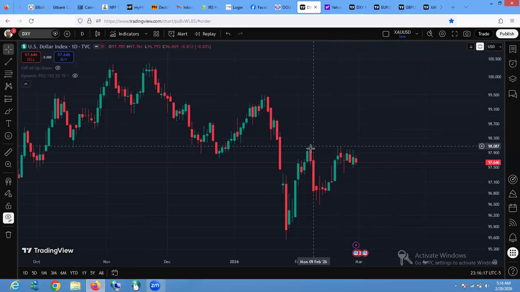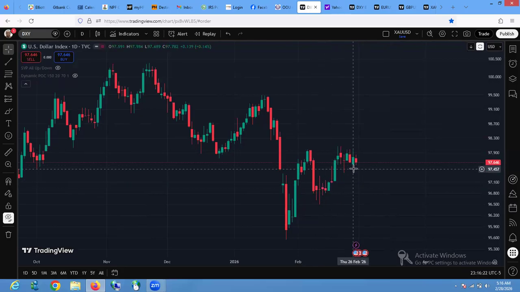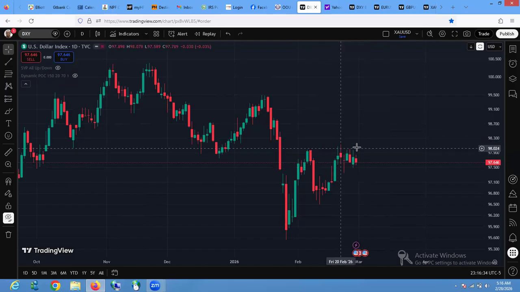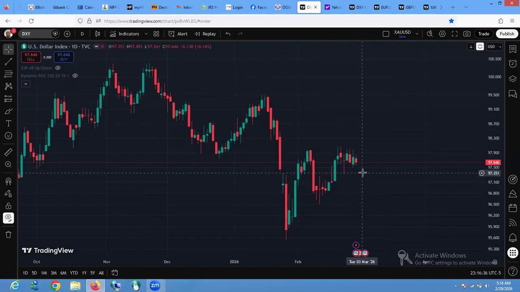But for now, what I see is initial A, then A of B, B of B, and a C of B. We still need this to drop to give us a perfect B wave. Now, on the daily time frame, it's sending a dummy of a consolidation to go up. We still know that this thing is going to go up. But for now, in this middle, what are we seeing? Is it going up outrightly, or is it still going to fall?